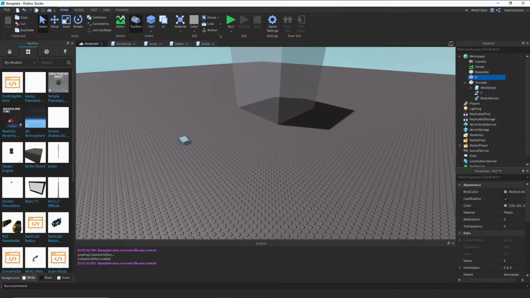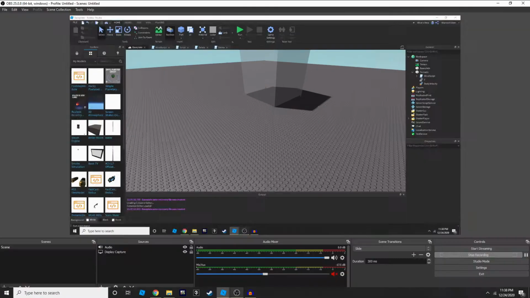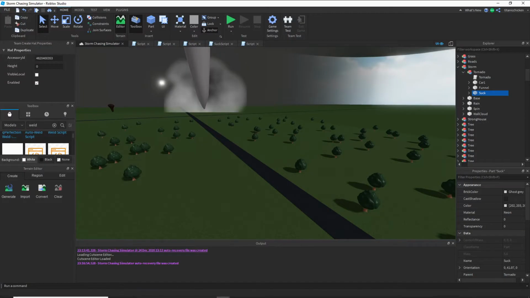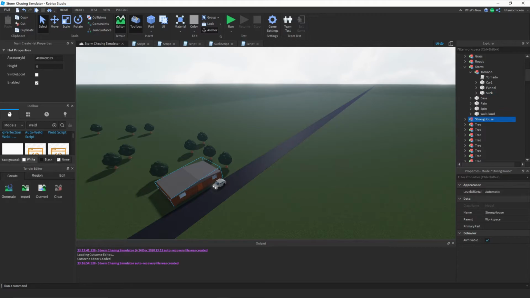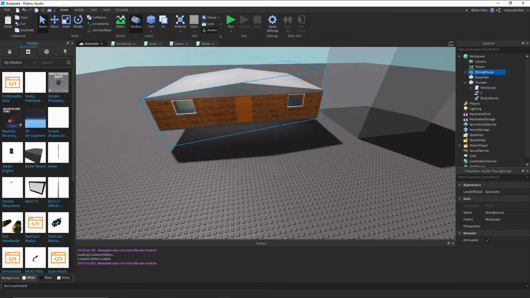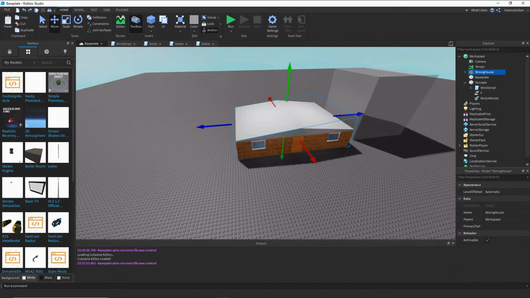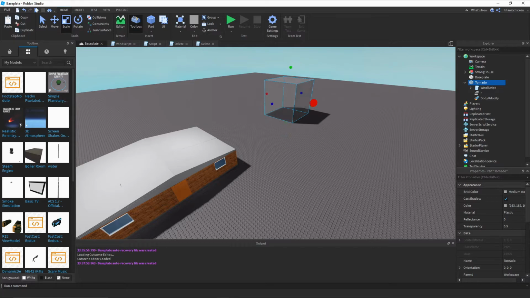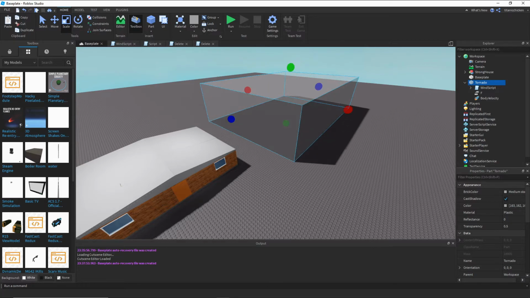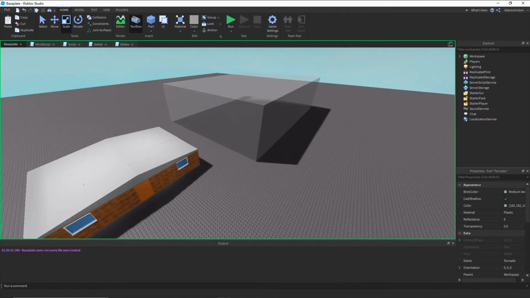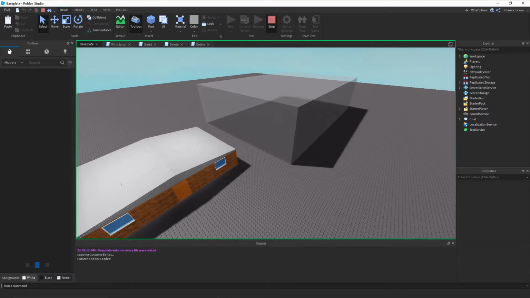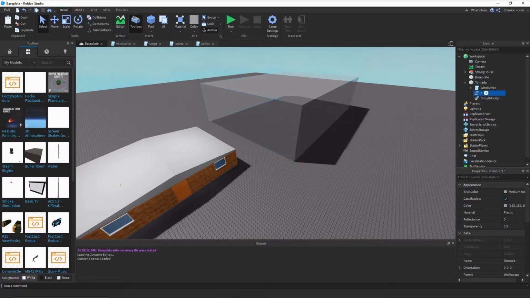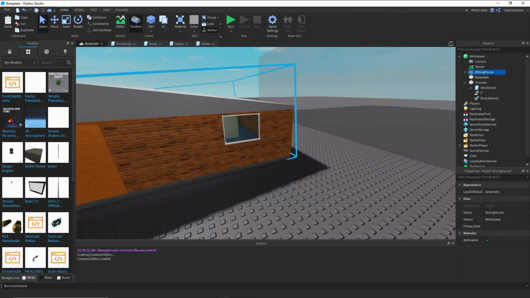what I'm gonna do is I'm gonna pull out a test, and I'm going to pull out my old tornado and use this house. So, oh my god, it's raining super hard. I don't know if you can hear this, but it really is. I'm going to make this a little bit bigger, and it should destroy this whole house. Actually, wait. So now that you've done all of this, if you make a house,